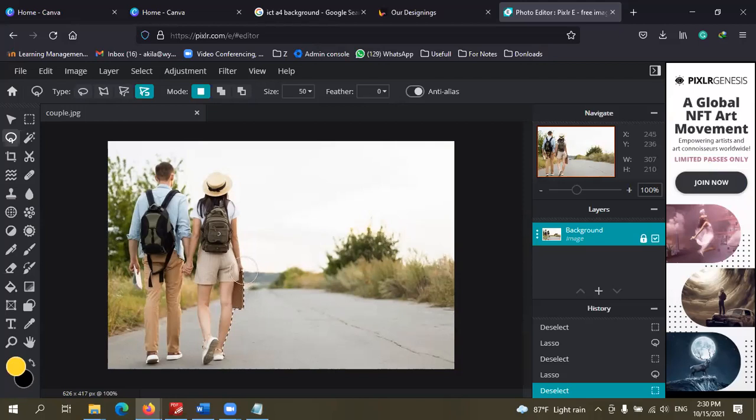I'm not touching it. I mean, I haven't pressed the mouse button. I press only once and just move very close to the edge. That will automatically detect the edge and select the area. Go very slowly and close to the edge of the image. There can be misselections, so don't worry about them. We can remove them later. Just try to do a rough selection, but do it very smoothly.